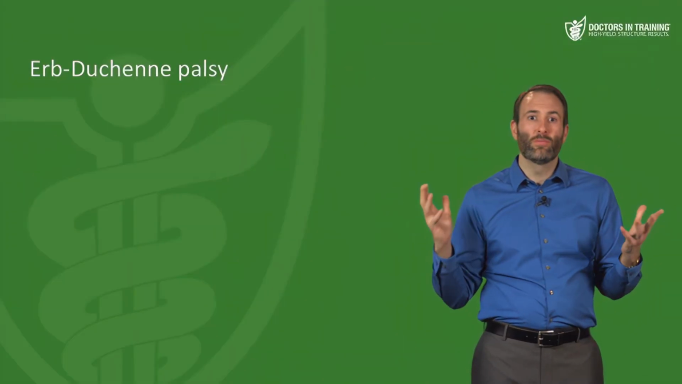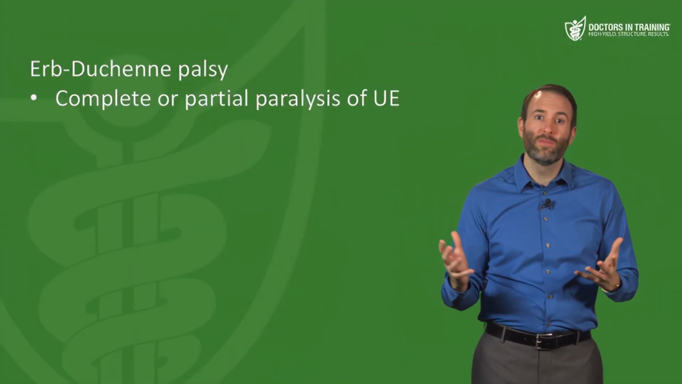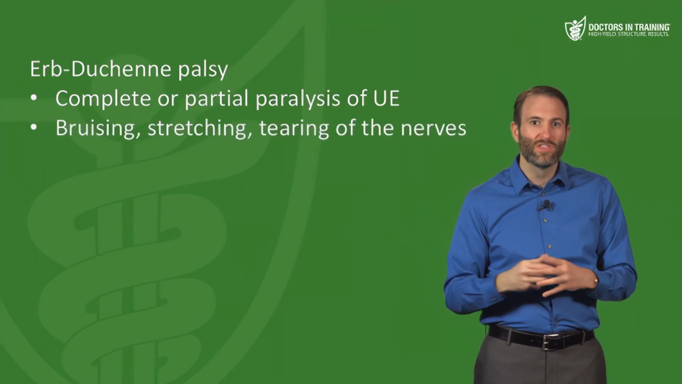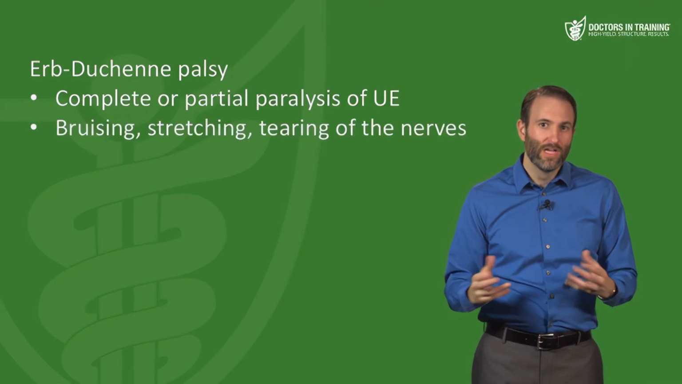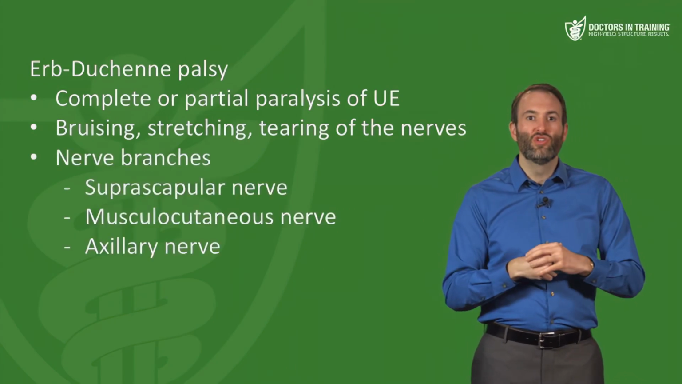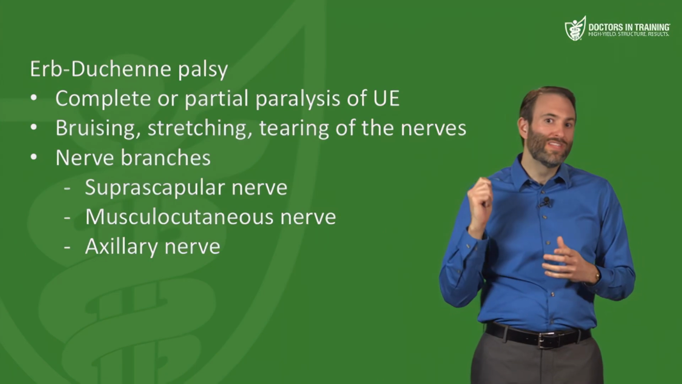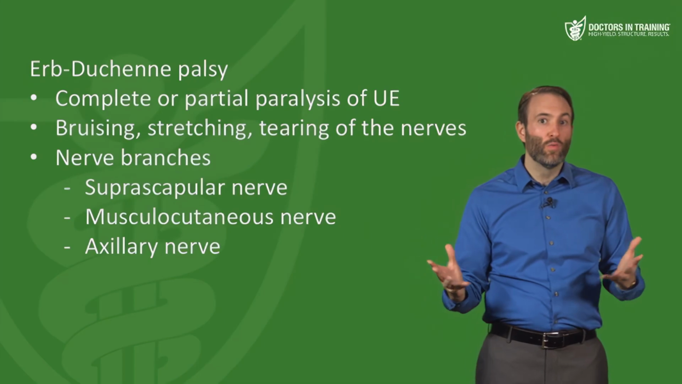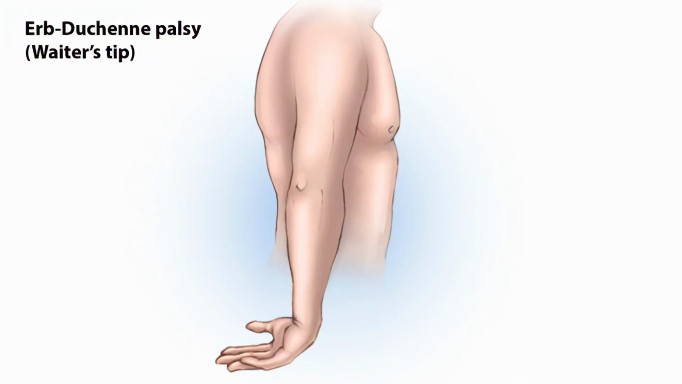So how does this present? Well, the paralysis can be partial or complete depending on the damage. Sometimes we see just bruising or stretching of the nerves, and sometimes we see complete tearing of the nerves. The most commonly affected nerves are the nerve branches for the suprascapular nerve, the musculocutaneous nerve, and the axillary nerve. So with those nerves being affected, what are you going to see here? Well, there's going to be loss of sensation in parts of the arm and atrophy of the deltoid, the biceps,